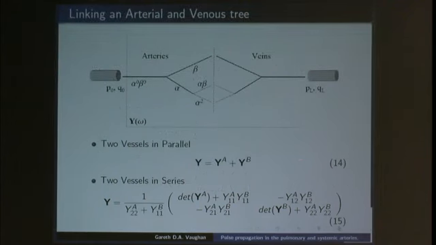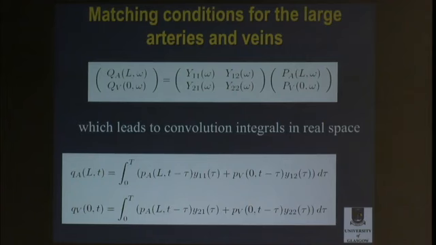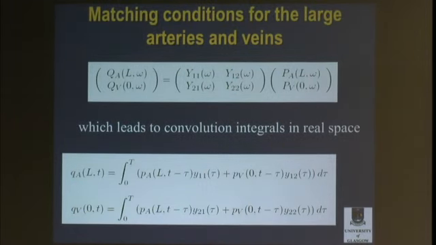Now the nice thing is if you link vessels in parallel, remember we're constructing a tree and joining them together, so if you've got this circuit and you link it with this circuit, the admittances just add. It's not quite so nice when you add them together in series, but you can calculate it. So these are the two admittances joined together. Most importantly, you can write a nice, fast recursive algorithm to do this, and for the whole vascular bed it gives you in Fourier space the admittance matrix linking